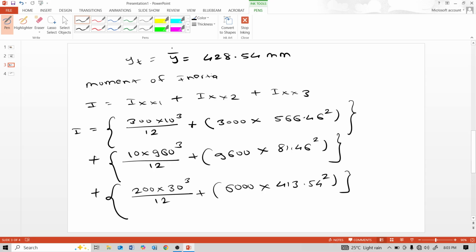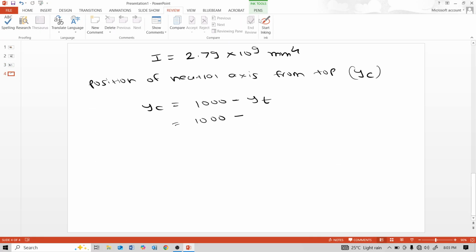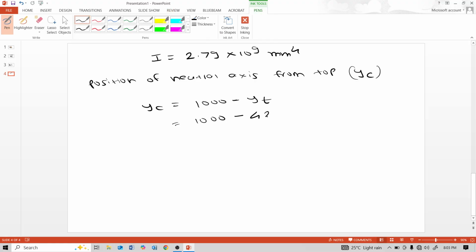Y bar is because of I section neutral axis from bottom, and YT is from tensile fiber neutral axis. So 428.54. YC is equal to 1000 minus 428.54, 571.46. This YC is greater than YT,